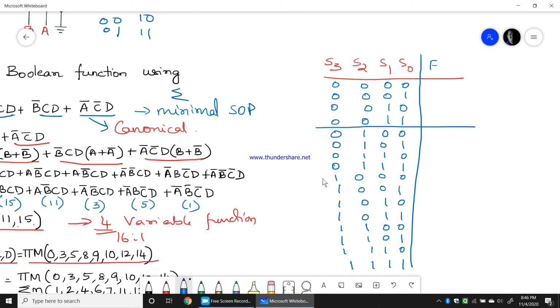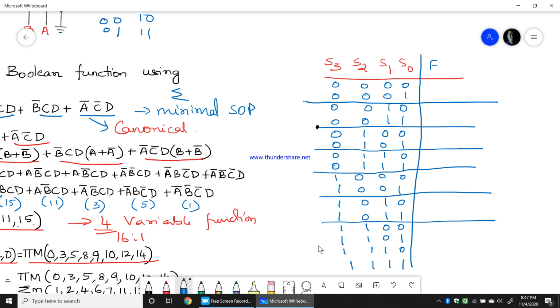So now what I'll do, I will try to group this into 8 equal parts. My job is to group this into 8 equal parts, because 16 combinations should be converted into 8 combinations. So that is what I will be doing now. So I should divide this into 8 groups now.